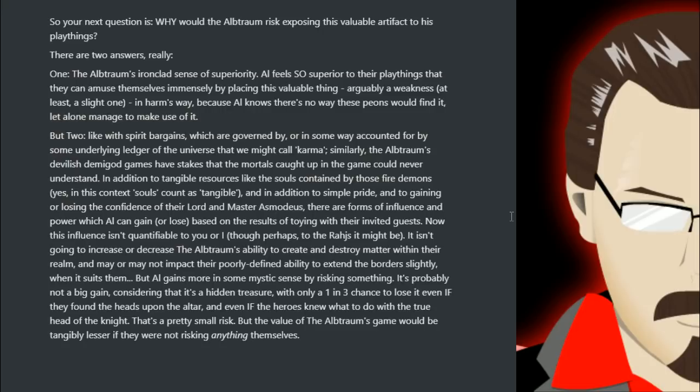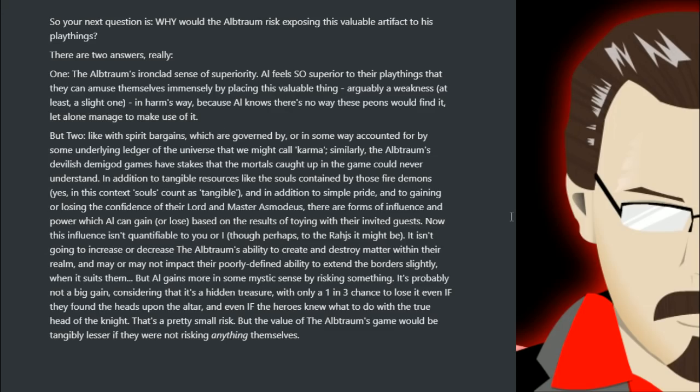But two, like with spirit bargains, which are governed by, or in some way accounted for, by the underlying ledger of the universe that we might call karma, similarly, the Outro's devilish demigod games have stakes that mortals caught up in the game could never understand.